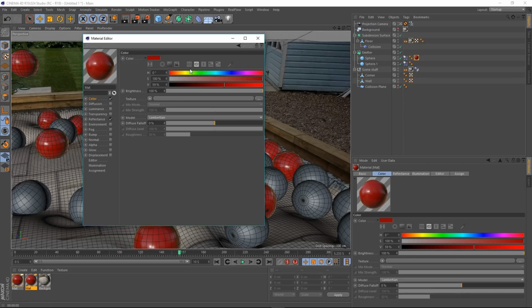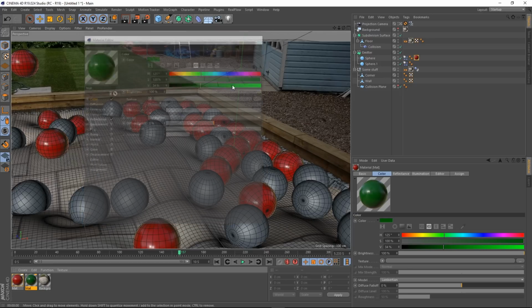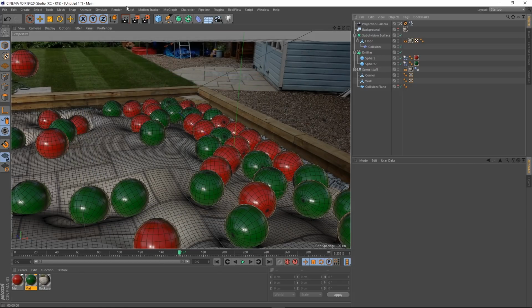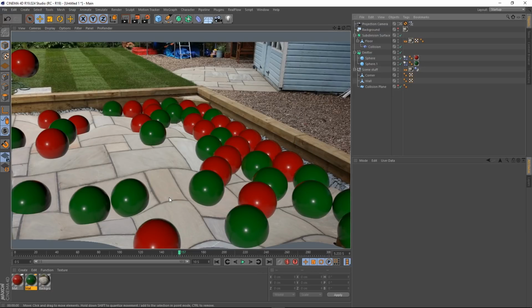And then I'm going to copy this and keep it as is. I'm just going to change the colour. So let's get a nice green. Let's get a nice dark green. Something like that. And I'm going to put that on the other sphere. Boom. Okay, so now we've got some nice colours. That doesn't help us out with our